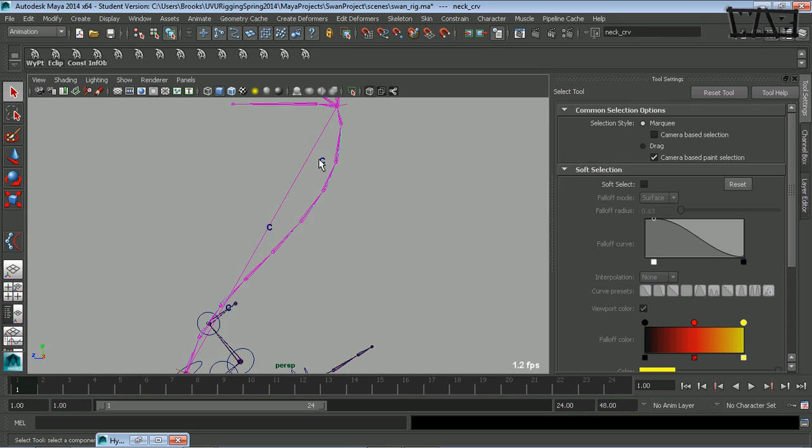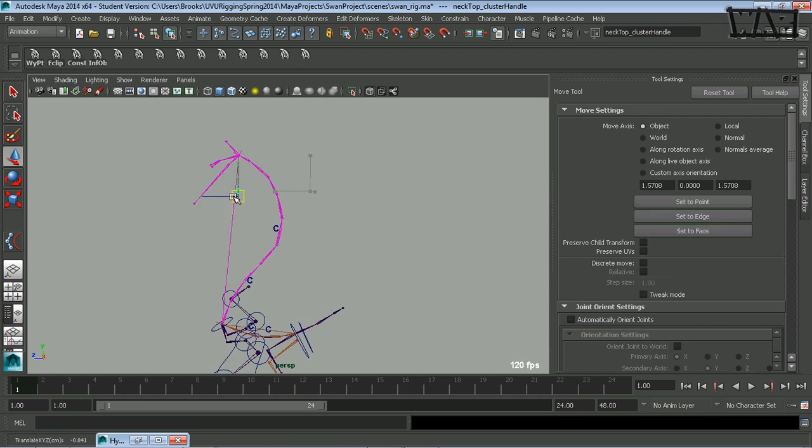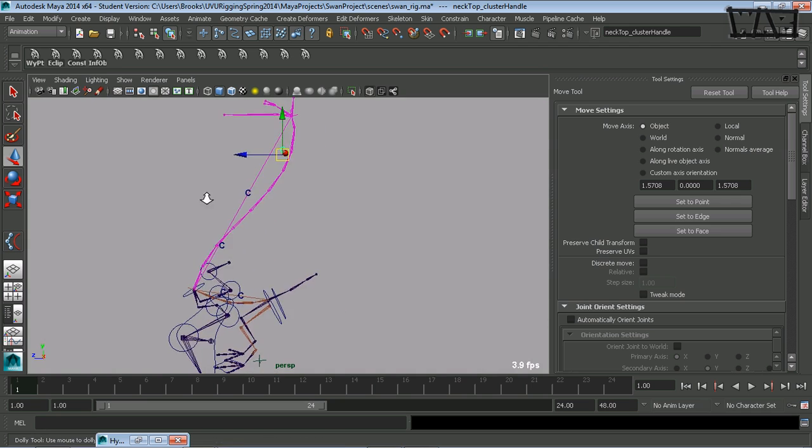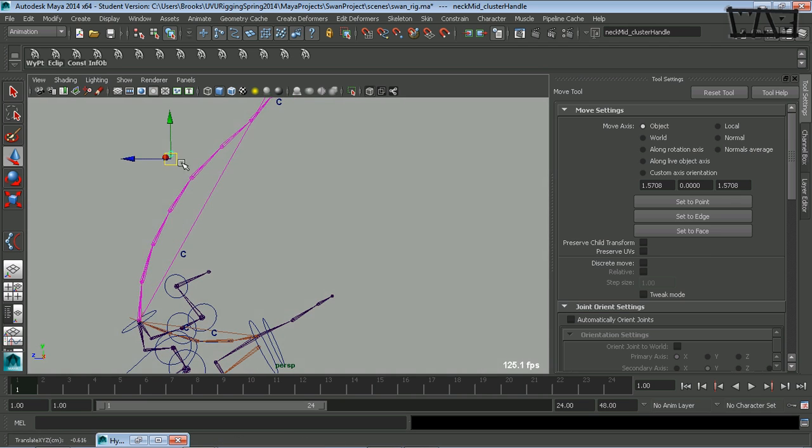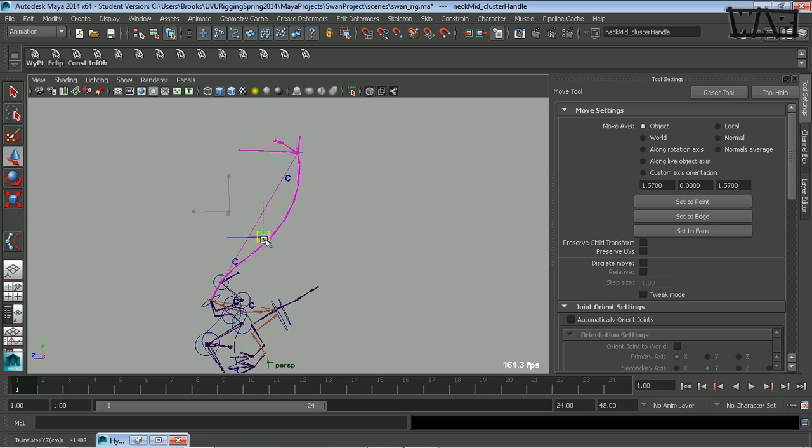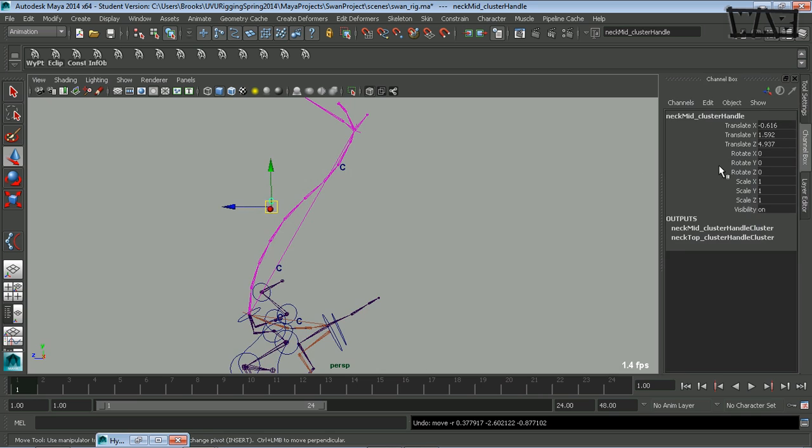Okay, so I'm switching out of component mode, select these, see what kind of motion I get out of them, and that looks pleasant enough. Okay, what I'm looking at is that the curve stays somewhat curvish. It's not breaking too abruptly. So with that done,